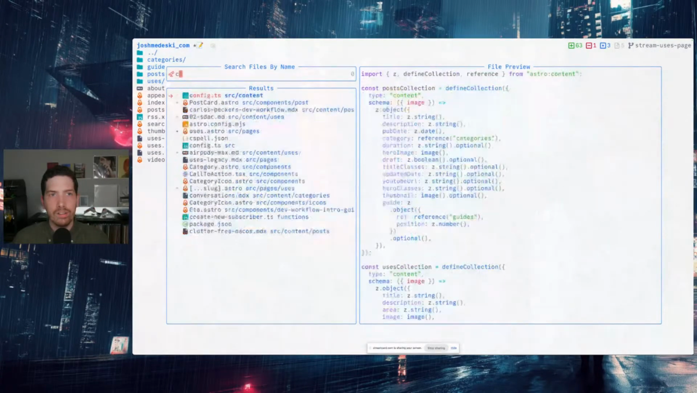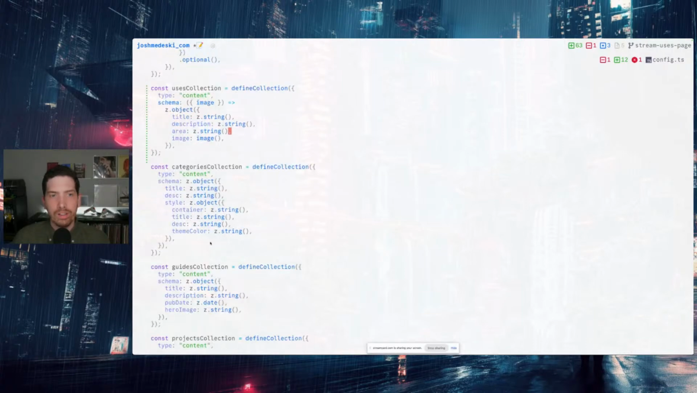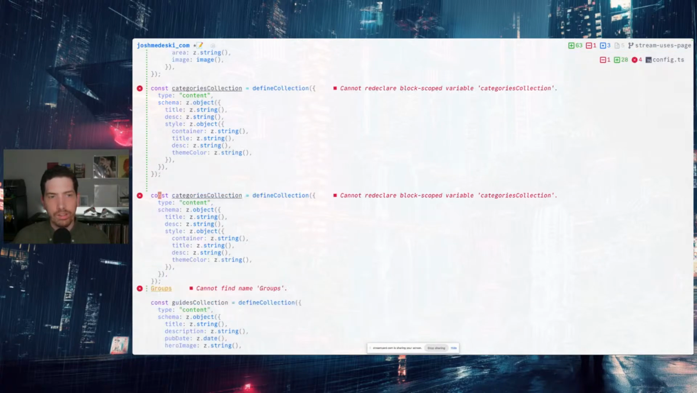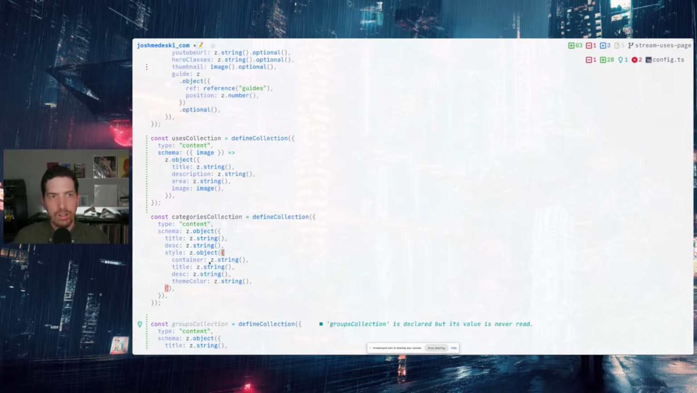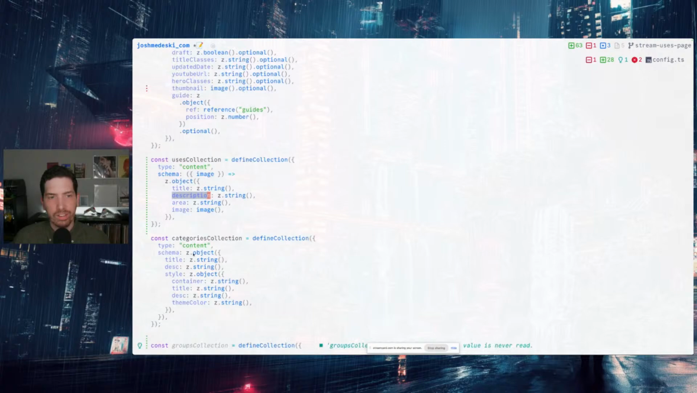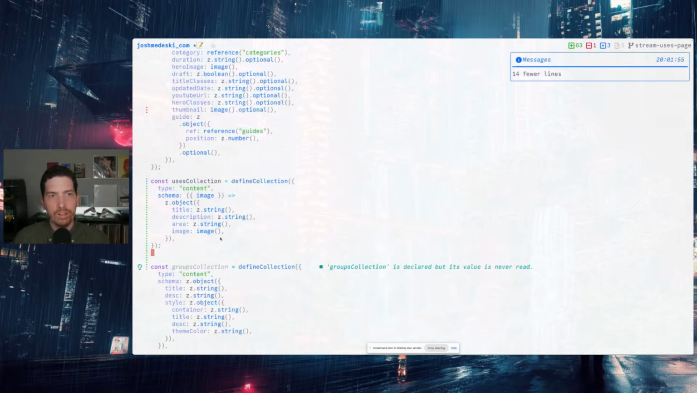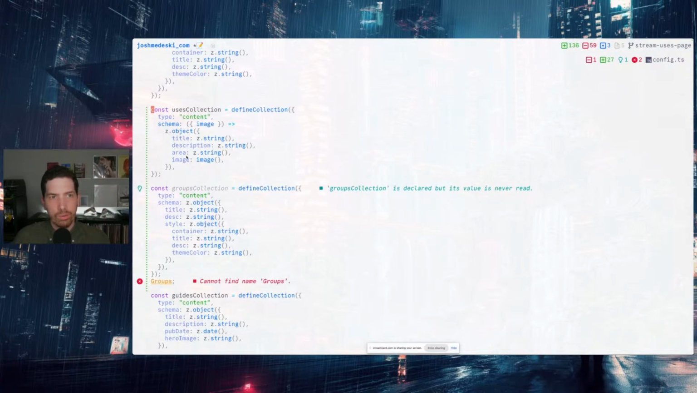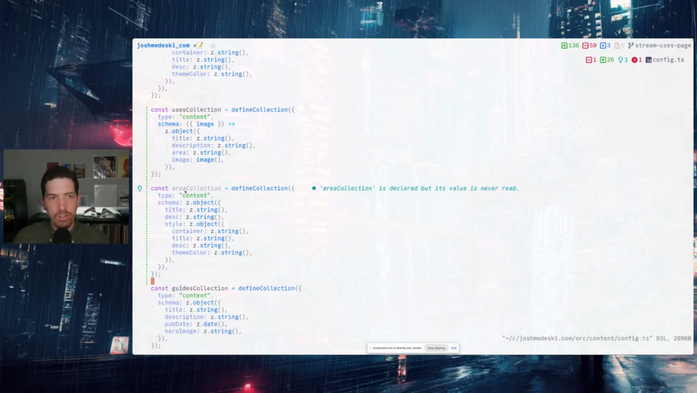Content config. So basically we're going to take this thing and we're going to call this groups. So this becomes really easy to call groups collection. It's content, it has a title, it has a description, which I don't know why I did description. That's kind of silly. Categories are part of posts, so we're going to kind of group them here. Uses are going to reference, we did say area here, didn't we? Sure. If we've already been doing area, so area collection,